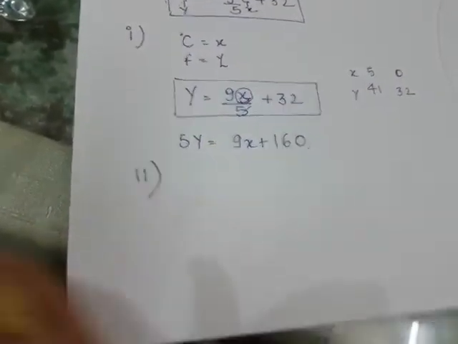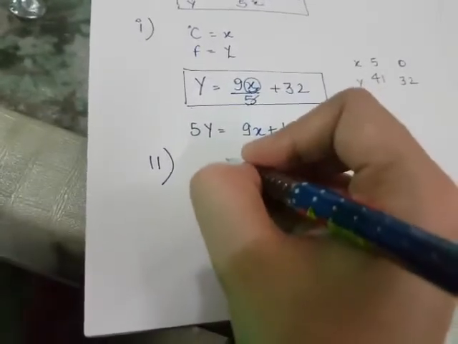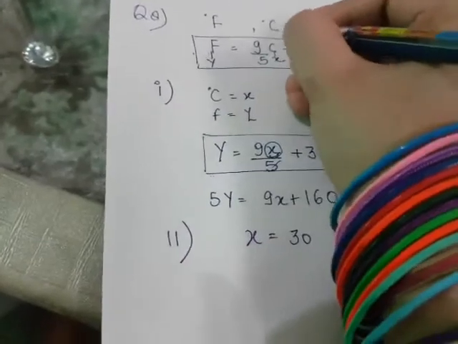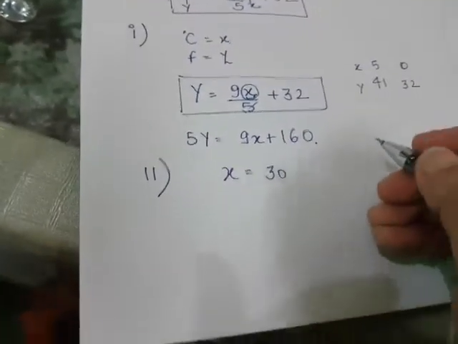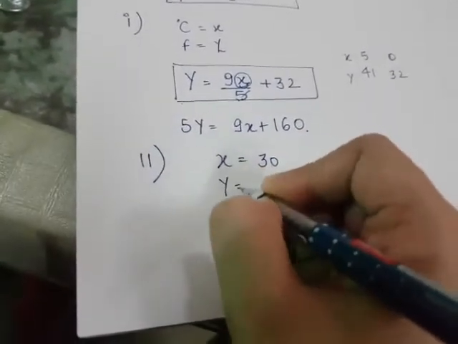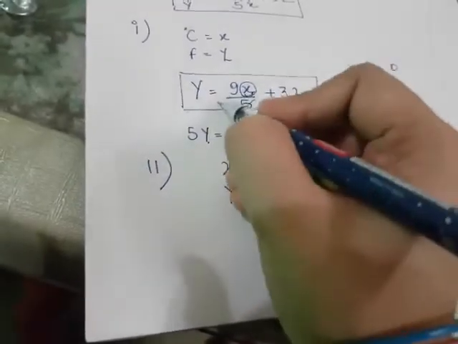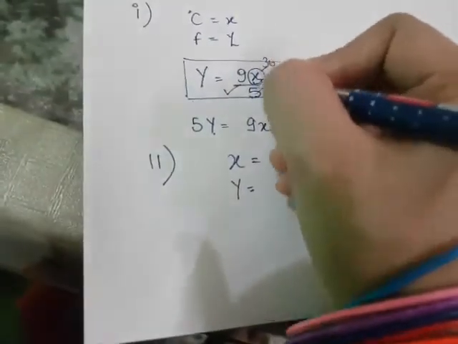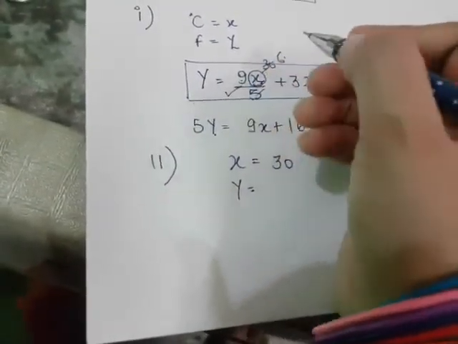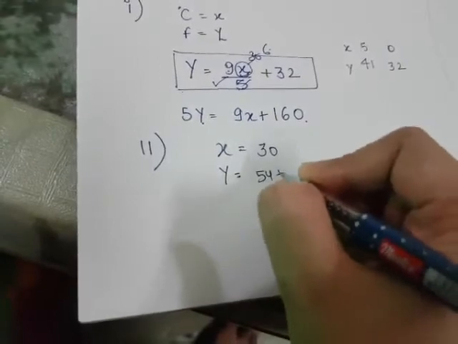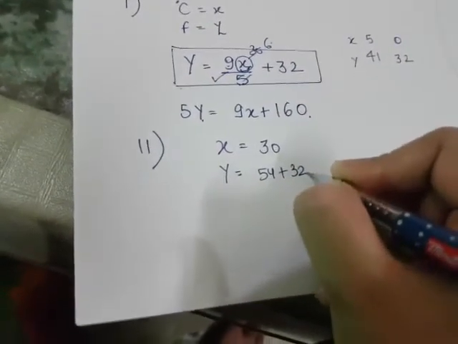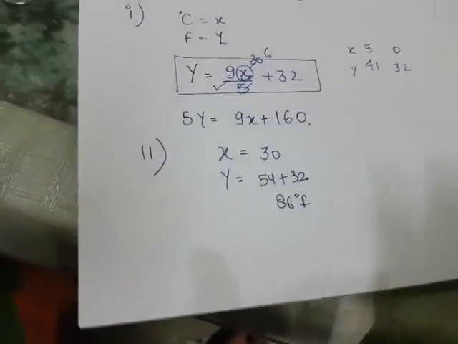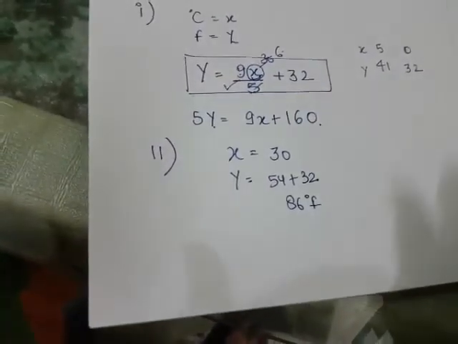Fine, now come to the second part. If the temperature is 30 degrees Celsius, meaning the x value is 30, because we let Celsius be x, what is the temperature in Fahrenheit? They are asking for the value of y. तो आप y की वैल्यू निकालने के लिए x की वैल्यू इसमें पुट कर दीजिए. That's it, very simple. You just put 30 here. So 5 sixes are 30, 9 into 6 is 54, plus 32. So 54 plus 32 will be 86 degrees Fahrenheit. This is the answer. Like this you do the third and fourth part also.